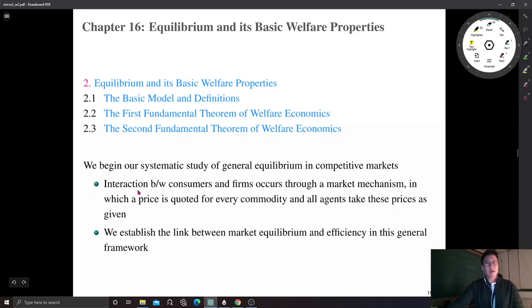Alright, so we are going to study the interaction between consumers and firms in a market mechanism. First, I'm going to introduce a general framework for general equilibrium analysis. In that framework, there are many consumers and many firms, okay? And they interact with each other in a market mechanism. What I mean by market mechanism is based on two assumptions. The first assumption is that a price is quoted for every commodity. We call this assumption market completeness. So the market is complete,